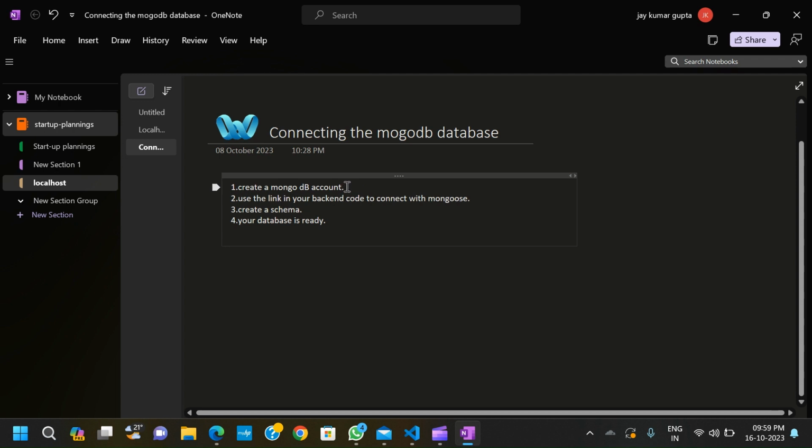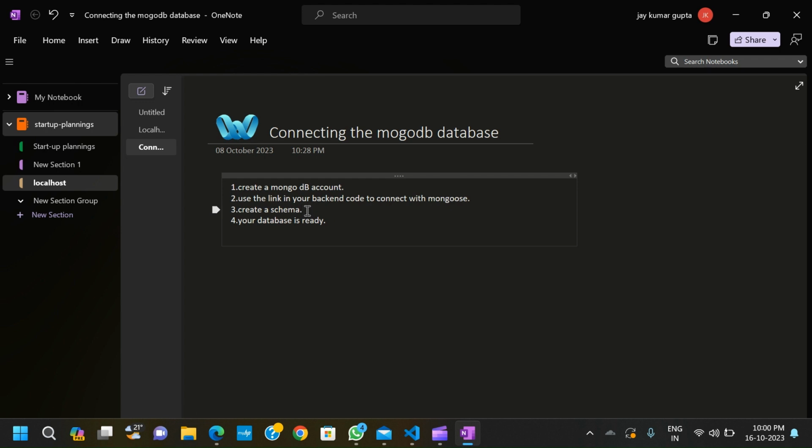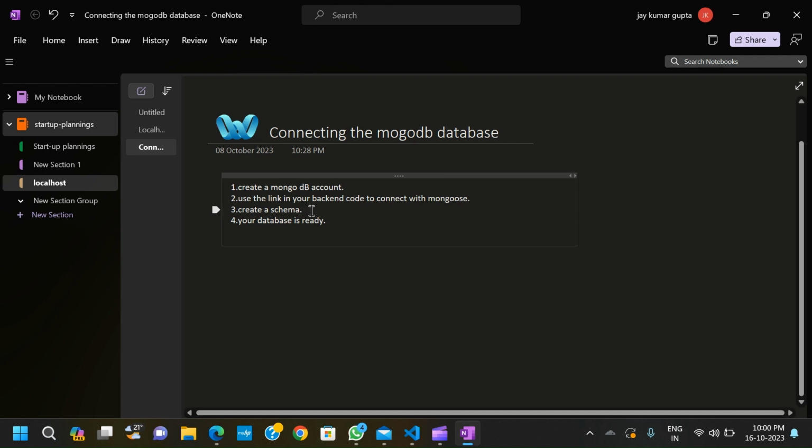The very first step is we need to create an account on MongoDB. The second is using the link in our backend code, which will help to connect our backend with Mongoose. And later on, the third stage, we will create a schema which will define our database, that what entries or what information we are going to save on our database. And by this, we are done to create our database. So let's go to our browser and open